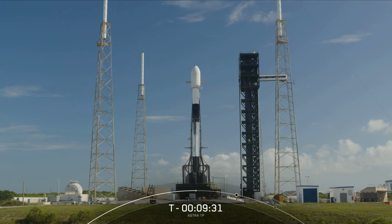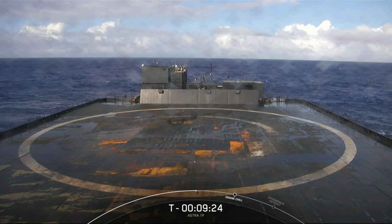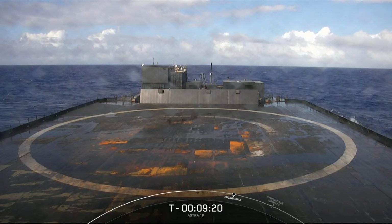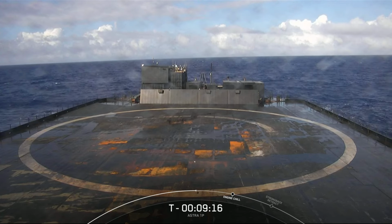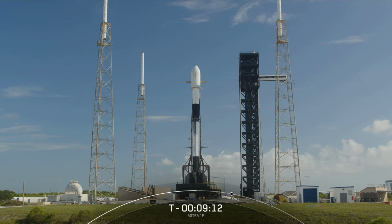After stage separation, the booster will attempt to land on our drone ship Just Read the Instructions, which, as you see there on your screen, is currently parked out in the Atlantic Ocean. Landing a booster is a bit like flying a pencil over the Empire State Building and trying to land it on a shoebox on the other side, in the middle of a windstorm. Now, turning our attention to stage 2, it will continue to its target